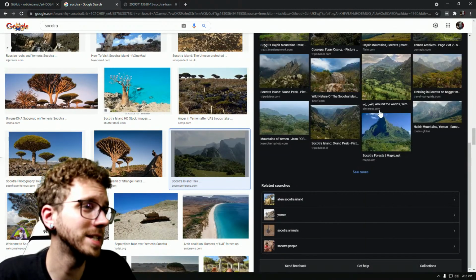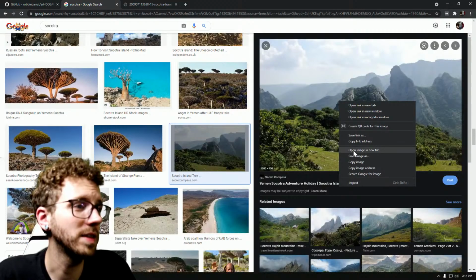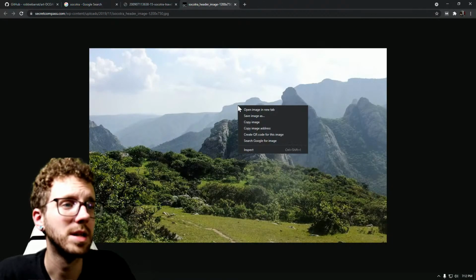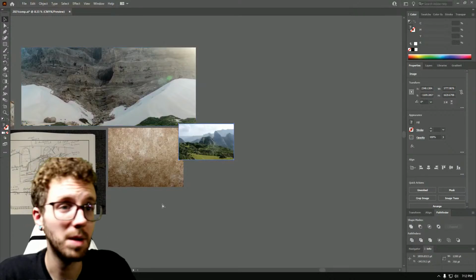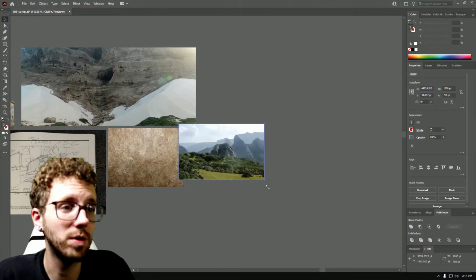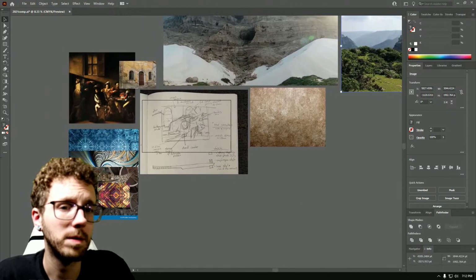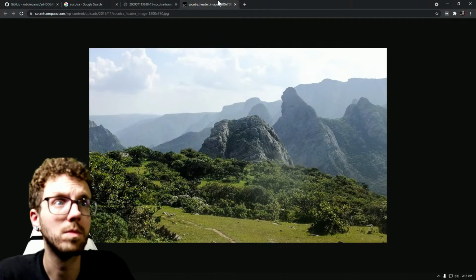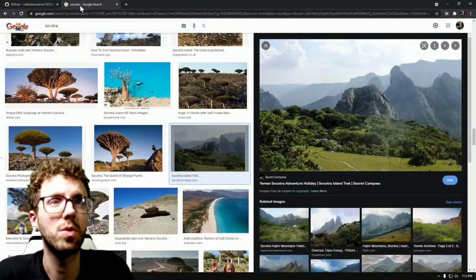Or I like the canyons in it. Where's it? I like the canyons in this. So let's copy that as well. Maybe we find some sort of combination there. Those. So